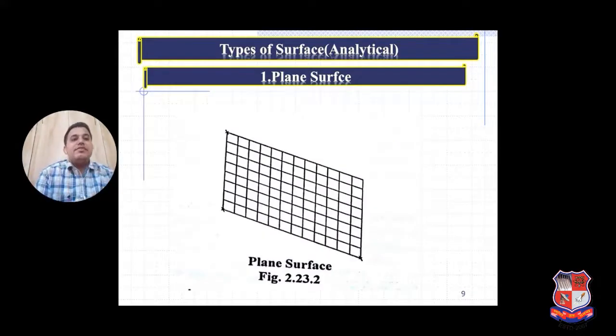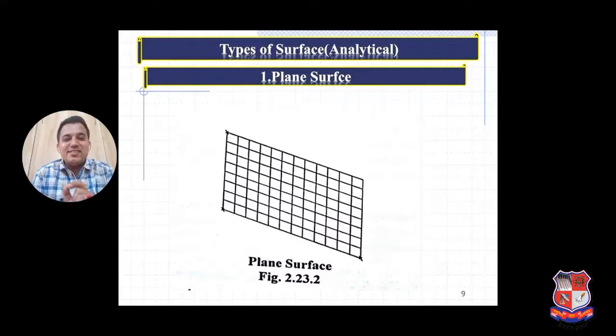Now the second phase is the types of surface. This is one of the most important questions in GTU also: explain the different types of surfaces with the applications and the use of the surfaces. It is a very simple question, we just have to know the drawing and terminology of each and every surface.